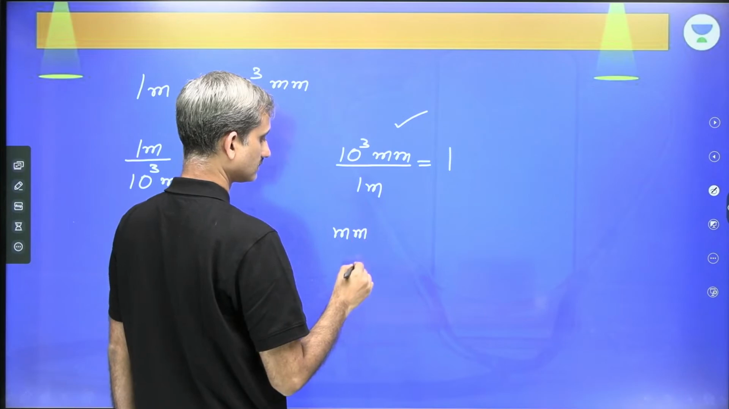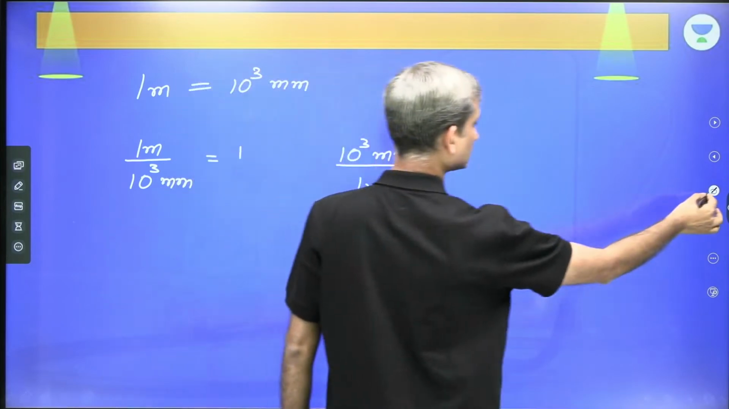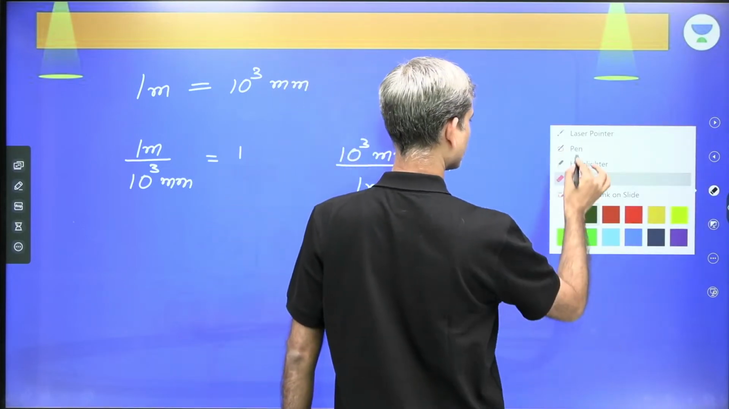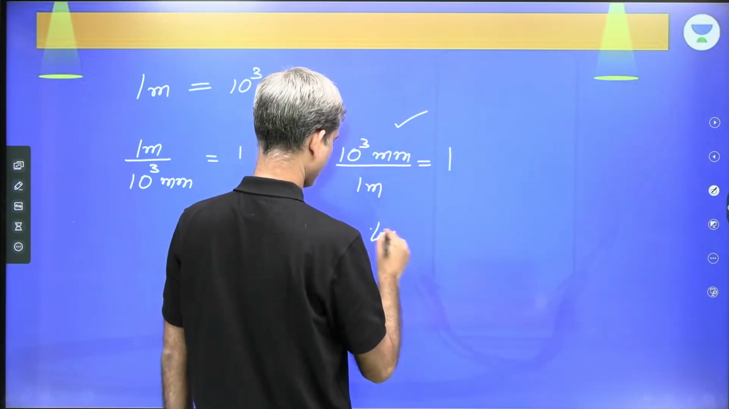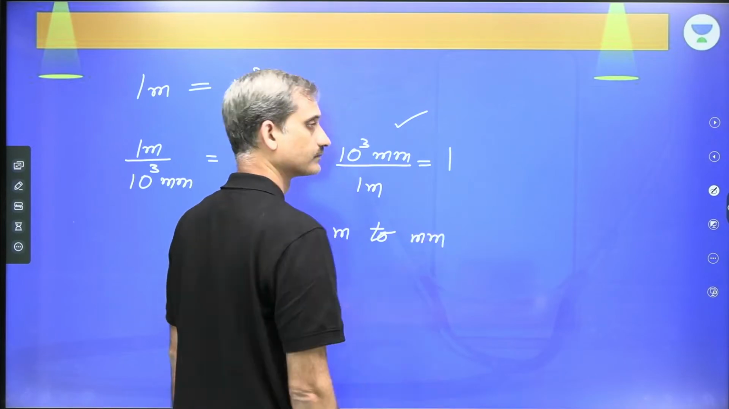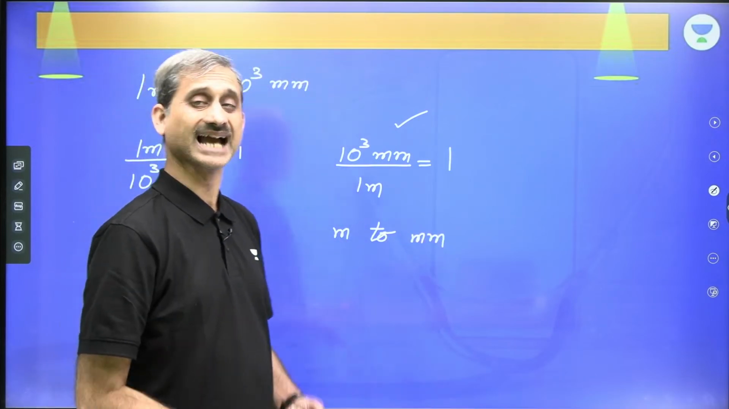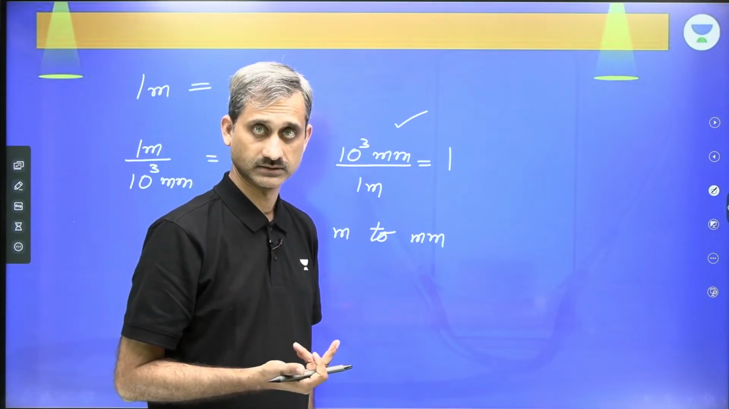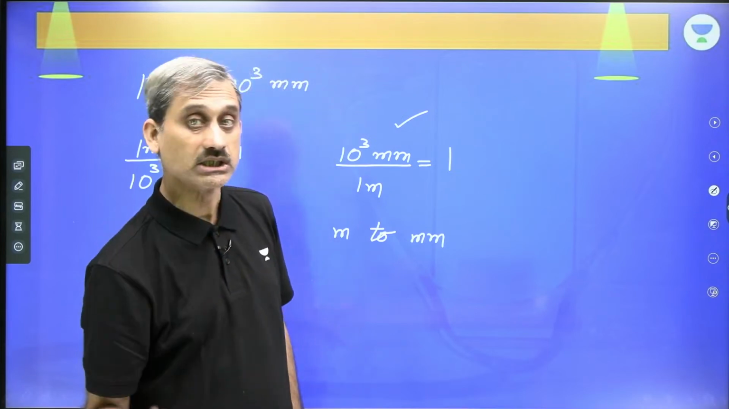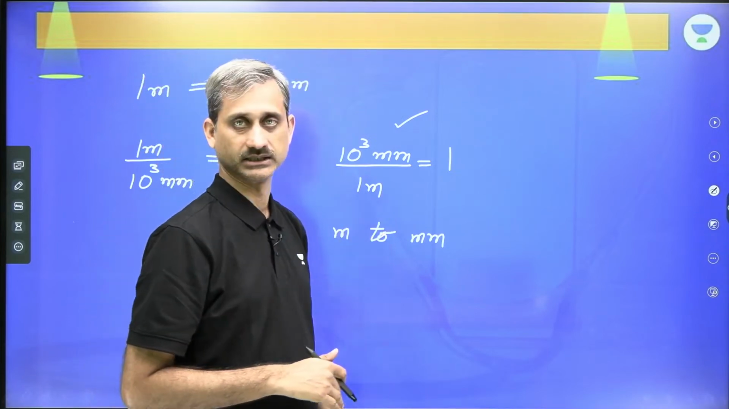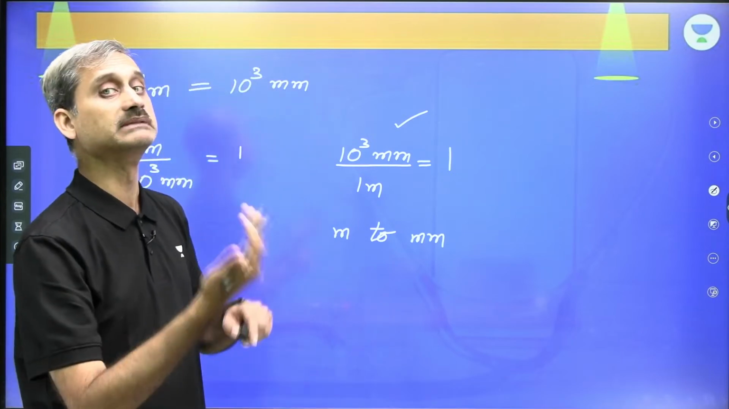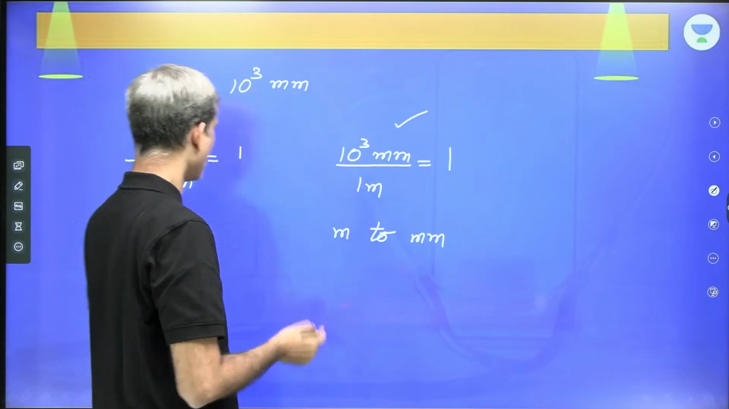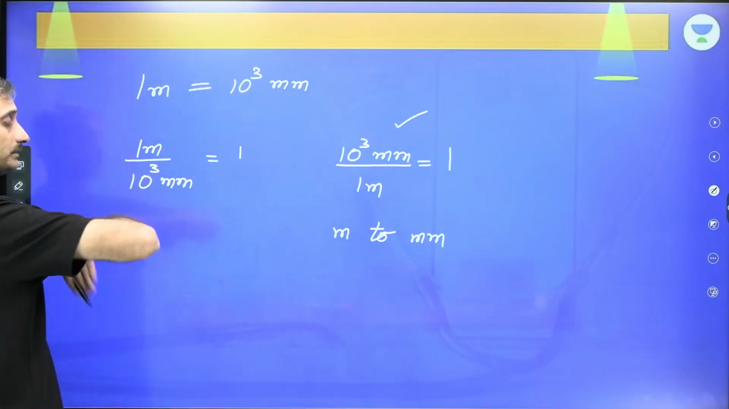It is meter to millimeter. Whichever quantity I need, that must be in the numerator. The quantity being converted must be in the denominator. So to convert meter to millimeter, I need to multiply it by 10 to the power 3 millimeter by 1 meter. On the other hand, millimeter to meter,